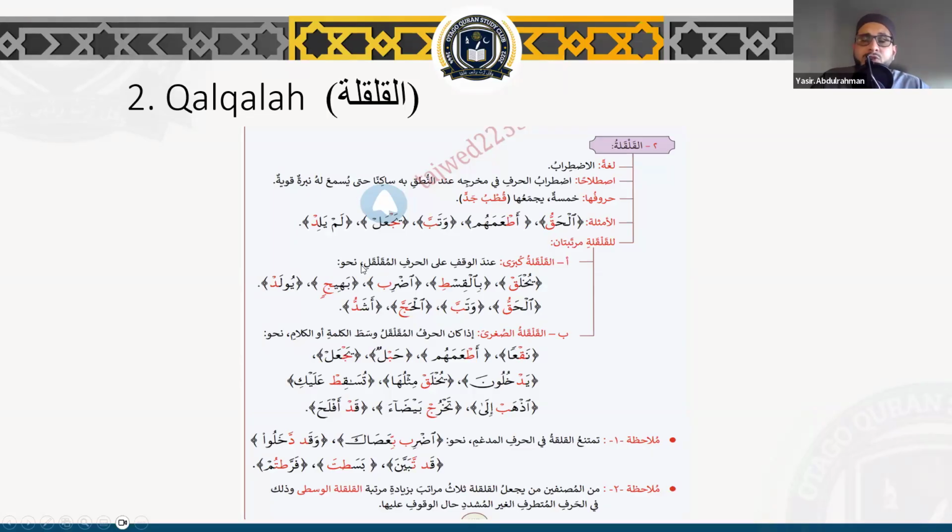The kubra is when you stop on the letter. Stop means you end with it. When you're reading, you stop on it and you take a breath. The qalqala sughra is if it's sakin, the letter of the qalqala has sukun on it, but it's in the middle of the word or of the sentence. So you're not stopping, you're not cutting and taking breath on it. It's not a complete stop. Same thing, like if you read the examples,